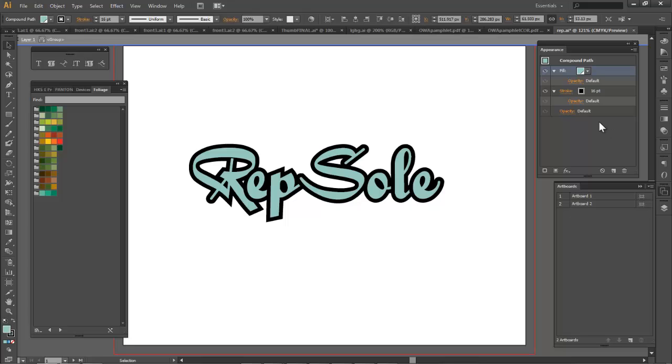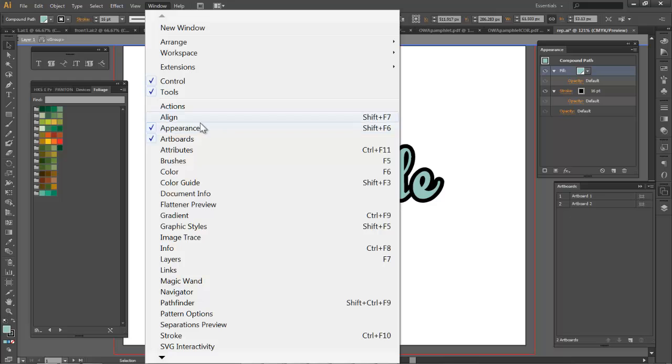It can give me that option, as well as just a little addition to this tutorial to keep things rolling nicely. So that was my appearance panel, window, appearance panel,